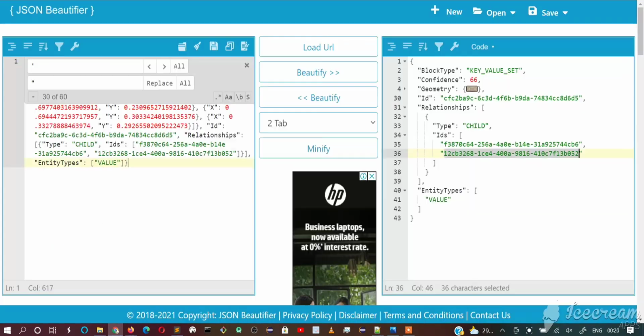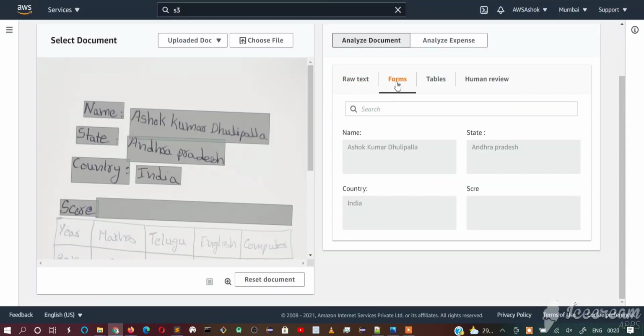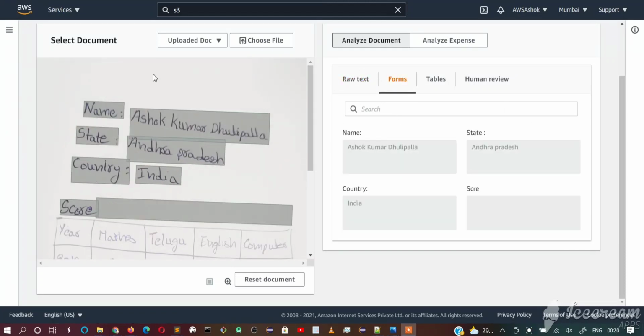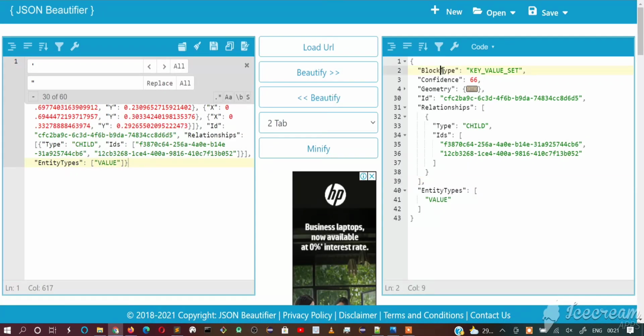And this is how we derive what the key is and what the respective value for that key is. In the UI, you can see we have the form key as state colon and Andhra Pradesh as the value, and the same thing we have derived using these block types, key value set.